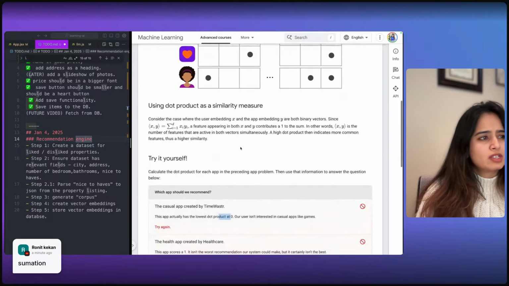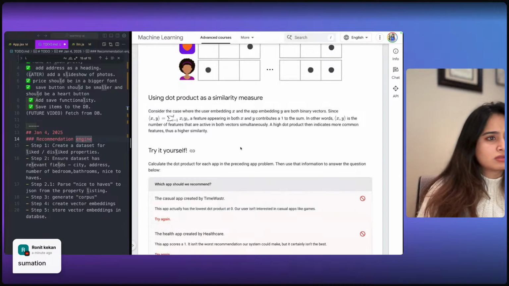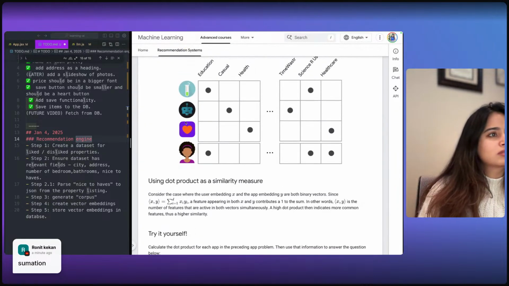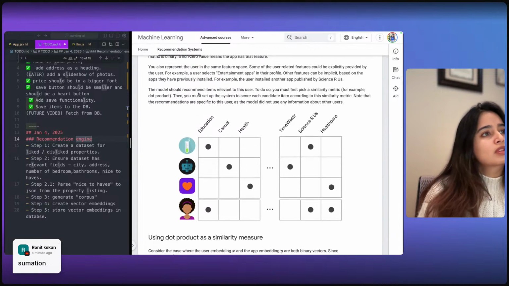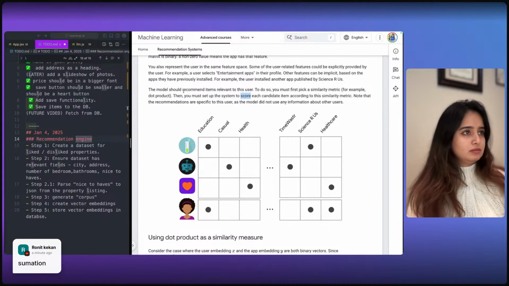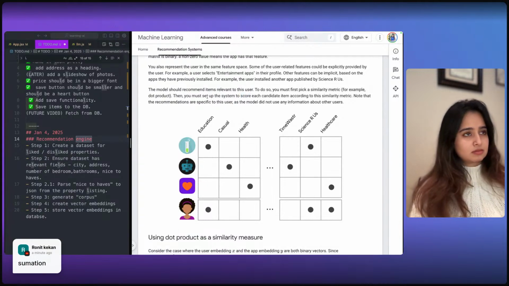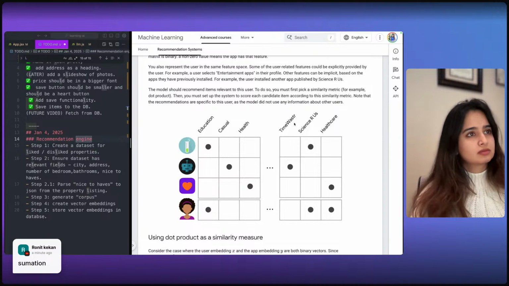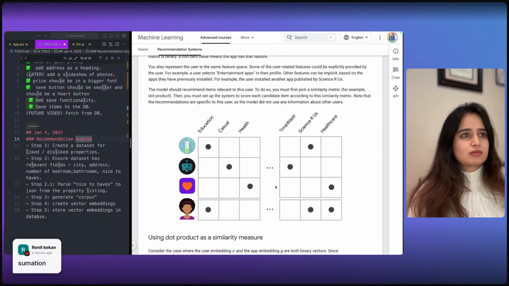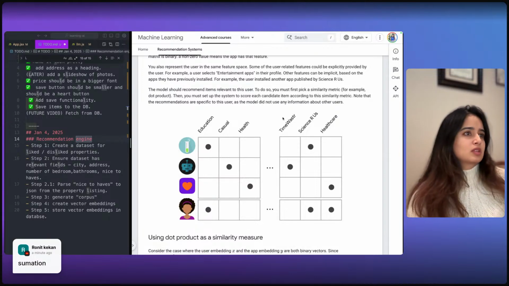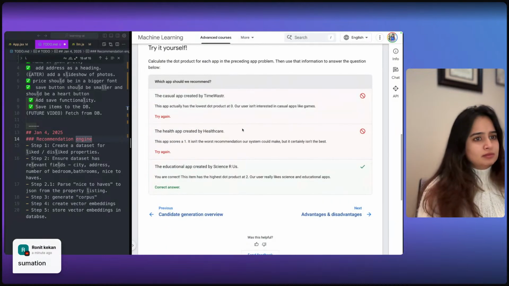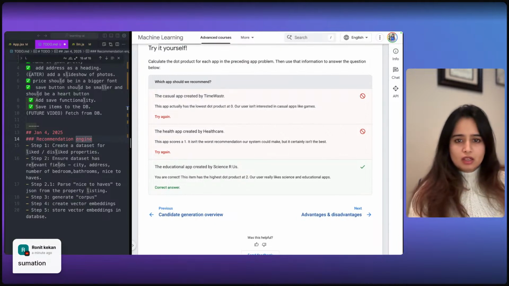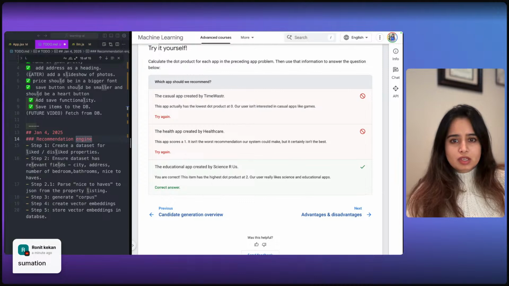I don't think this should be zero. Why is it zero? Hmm.